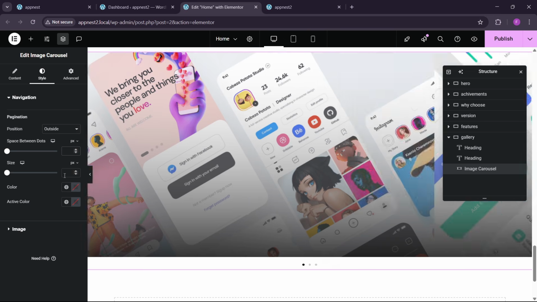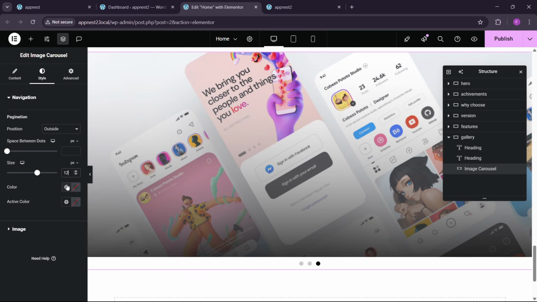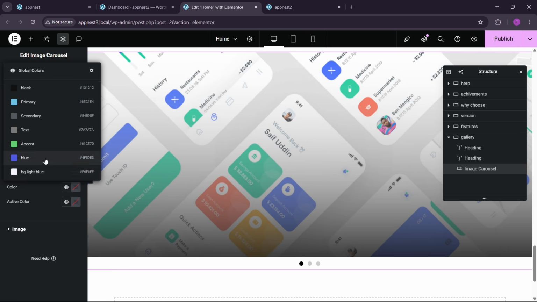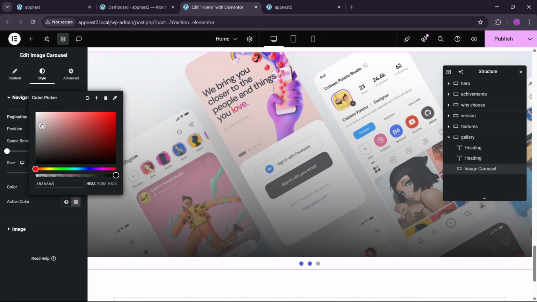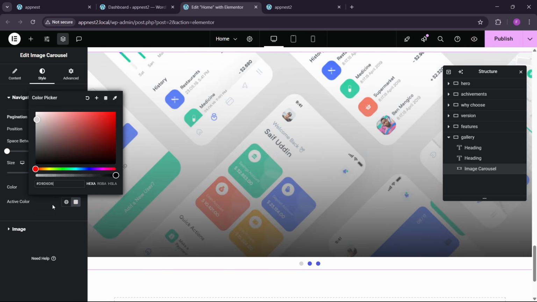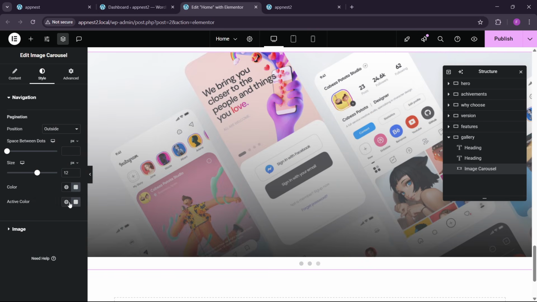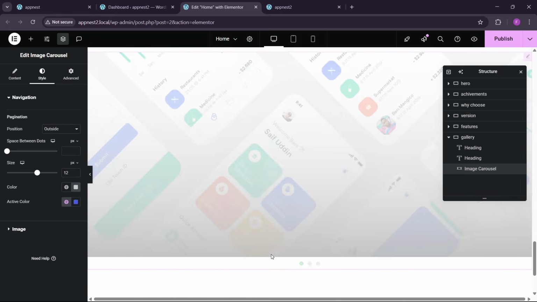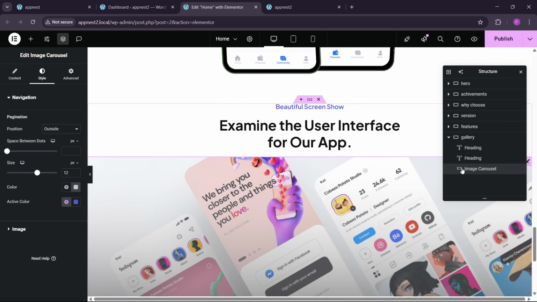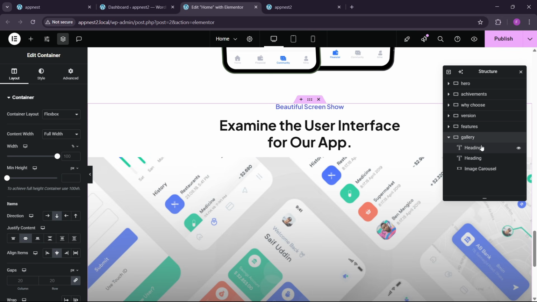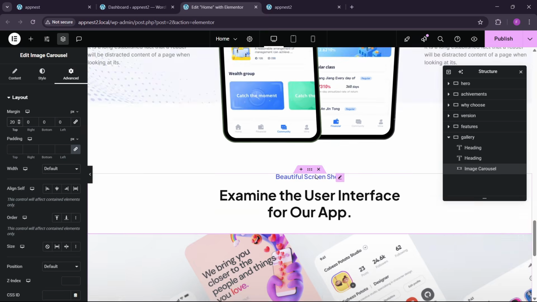Here in the dots we can add 20. Let's keep 15. Let's try 10. I think 12 would be good. Okay, then this color would be blue, and the rest color and the active color would be something like this. Okay, so let's make this white, and let's make the active color blue. Okay, like this. So this is looking good. Also we can go to this image carousel, and here we can add the 20 like this. Okay, let's publish,